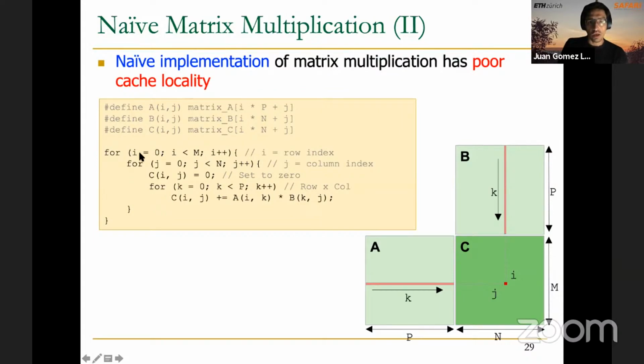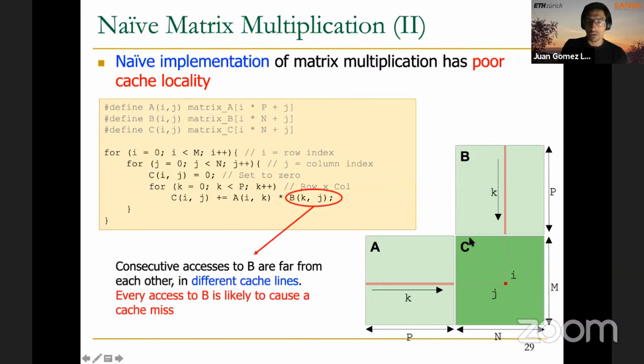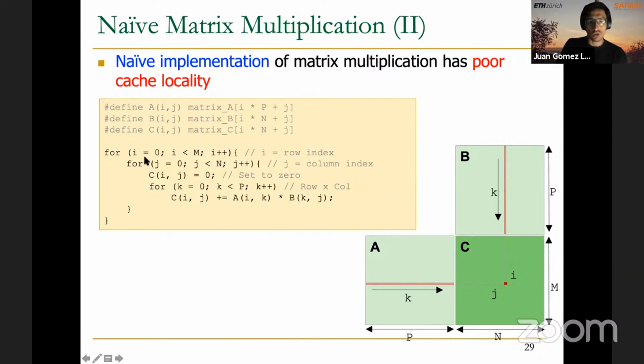Notice that in this outermost loop, we go row by row, then column by column, because it's a CPU execution, right? So we have a single thread of execution that is going over all elements ij of the output matrix C, and then in this inner loop we will have the thread going through all the elements of this row of matrix A, and all the elements of this column of